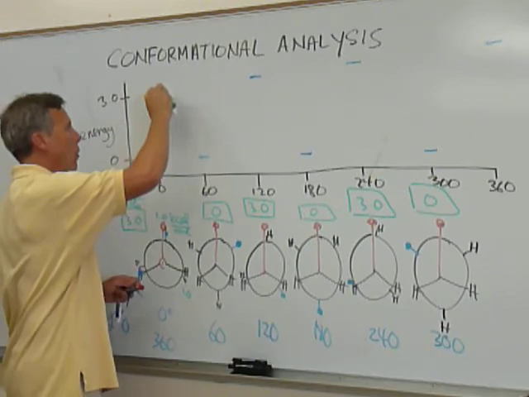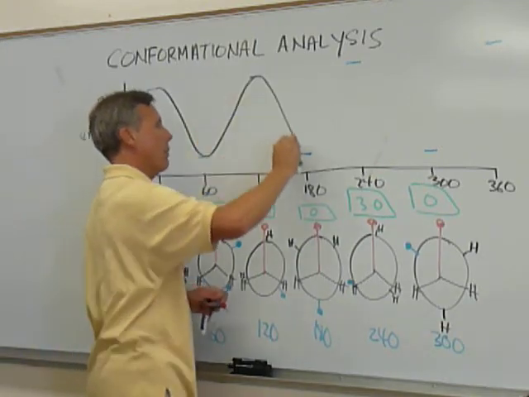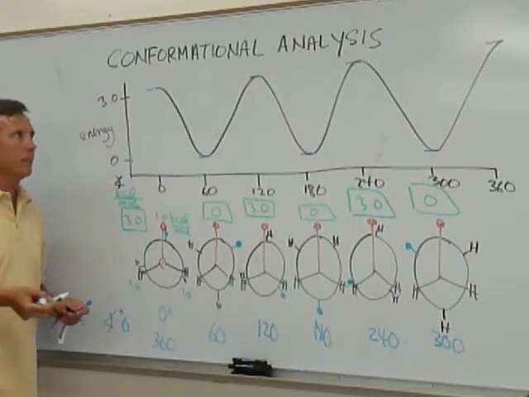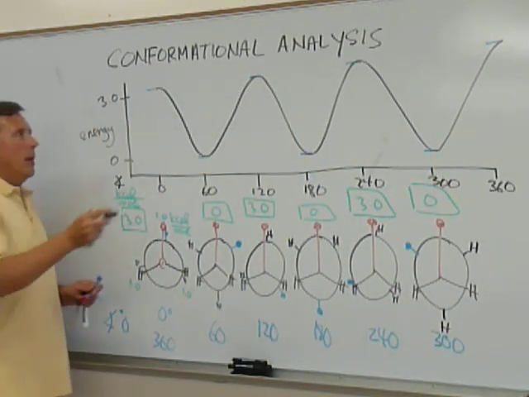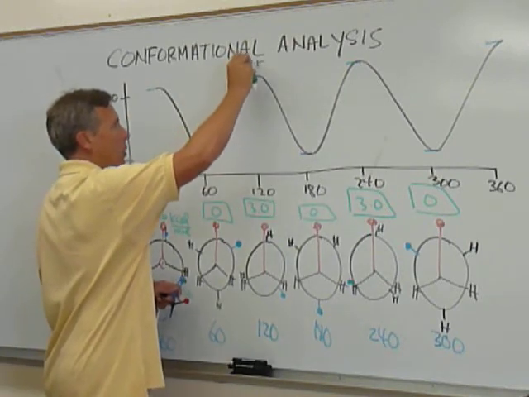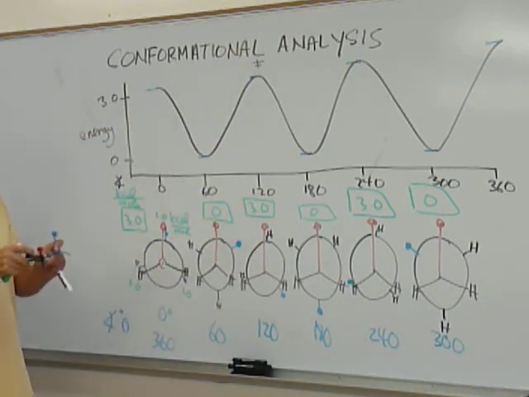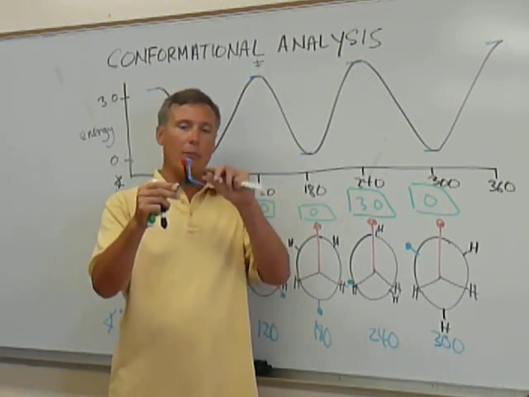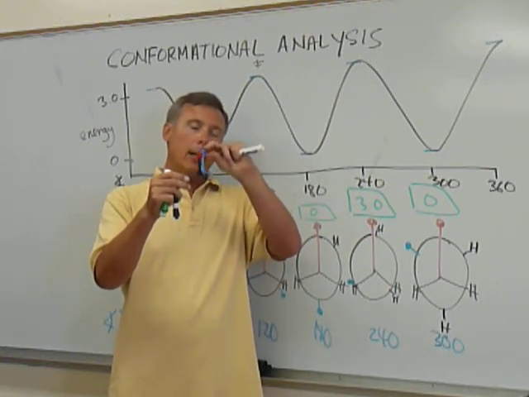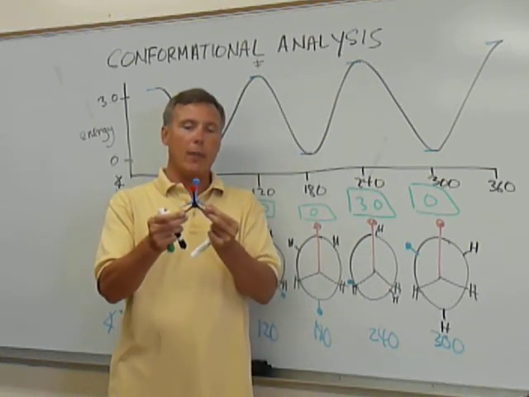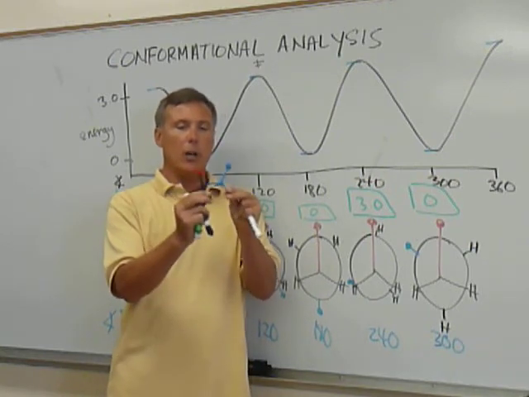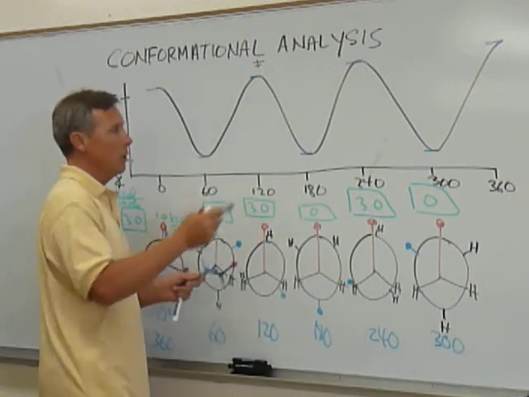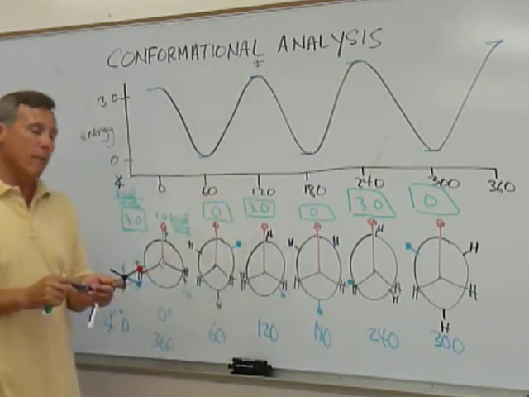And then we can just plot the point, and you can see that we end up with a profile that looks like perhaps a sine wave, where the top of the curve is considered a transition state. You can see that, again, by VSEPR theory, atoms want to repel, so right off the bat we can see that the highest energy state for this conformer of ethane is where atoms are repelling each other, and we like to rotate by 60 degrees to produce the lowest energy conformer.